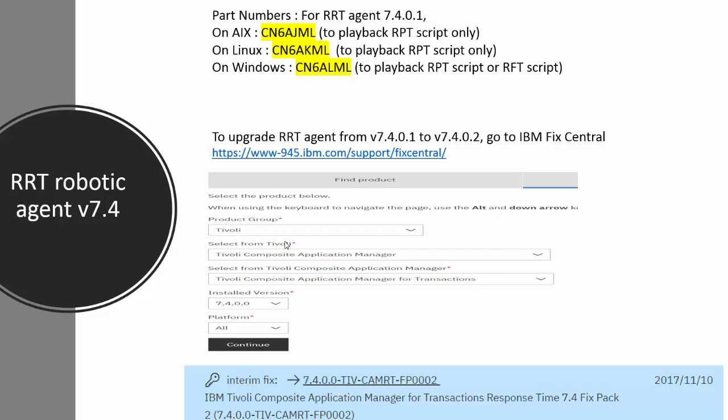So you need to download from your IBM Passport Advantage the robotic response time agent package. It's an image that contains several agents. It's called response time agent. This is the name of the package, or ITCAM for transaction response time agents, and it contains the AMC, the WRT or web response time, contains robotic response time as well. So here I documented the part number of the RRT agent